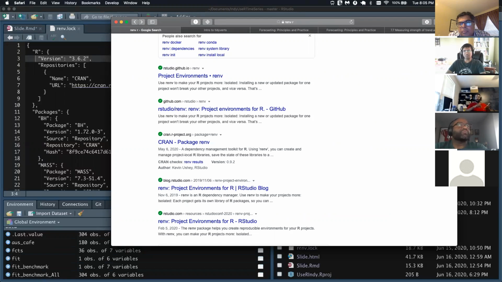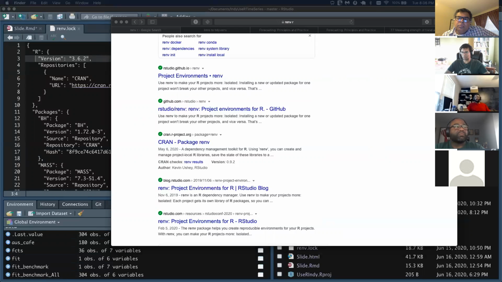Here are the versions of the packages that you used, and here are some hashes, usually some kind of SHA-256 hashes of the package to make sure that you're actually installing the correct version of the package, and the package that you download matches the package that the person who originally installed it was using. You know, so behind the scenes, I think renv does some package caching stuff for you